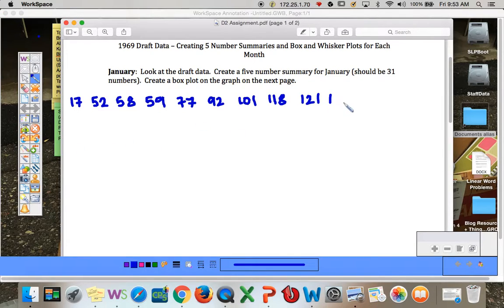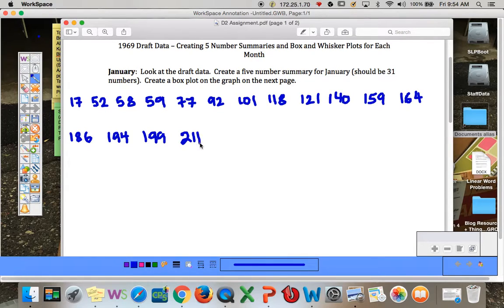I've got to squeeze that together. 140, 159, 164, 186, 194, 199, 211, 215, 221, 224, 235, 238, 251,